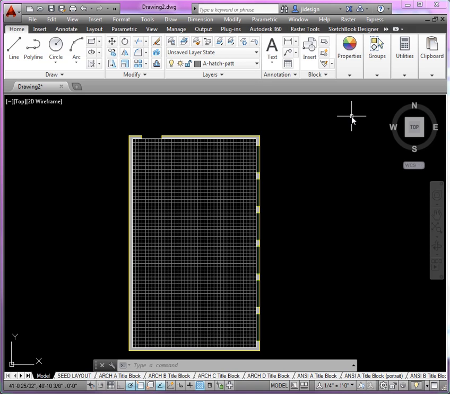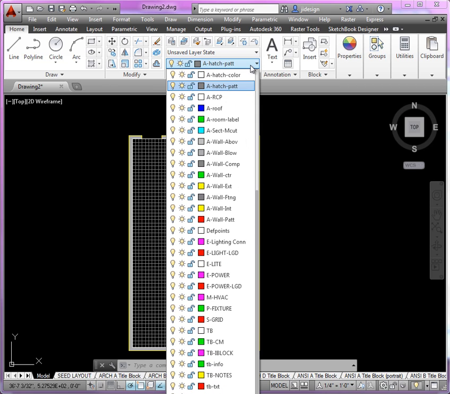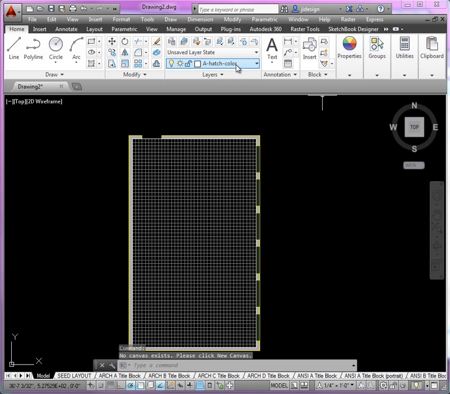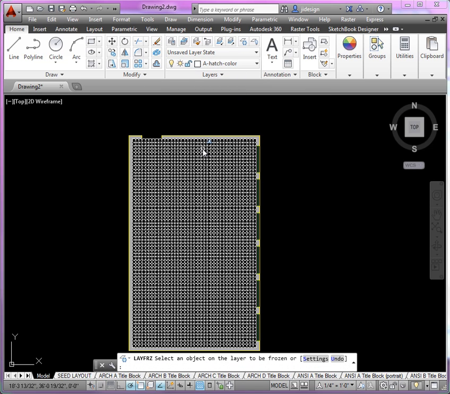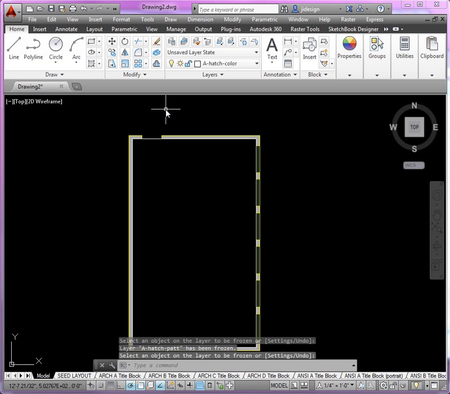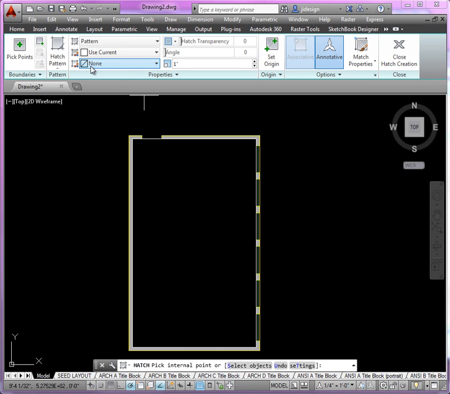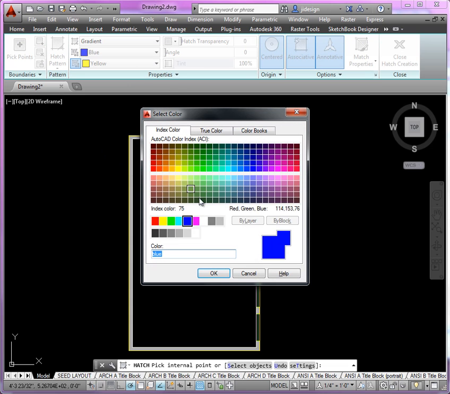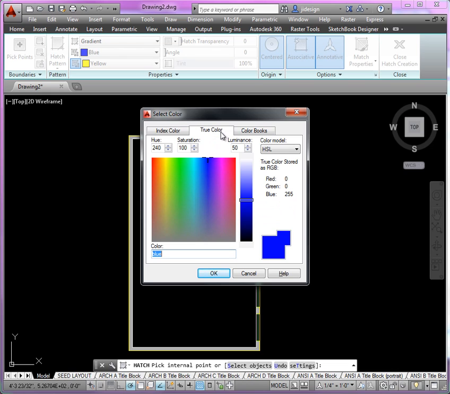Now, let's say I want to add color below this, right? Like a gradient. So what I'm going to do here is change to the other layer and temporarily freeze the hatch pattern. Makes it easier to work with. Once again, if I go to hatch, this time instead of a pattern, I'm going to use a gradient. Okay? And this is where you could choose the different colors that you want to use with your gradient. Okay? I'm going to use, if I look here at select colors, you have the option to use any of these indexed or standard colors, or you could use something like true color, right? You could use true color here,